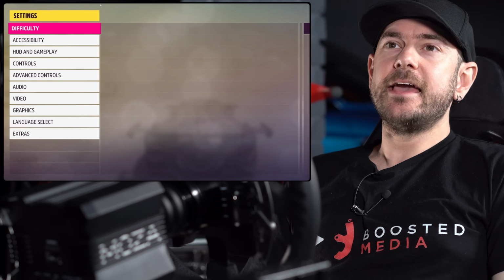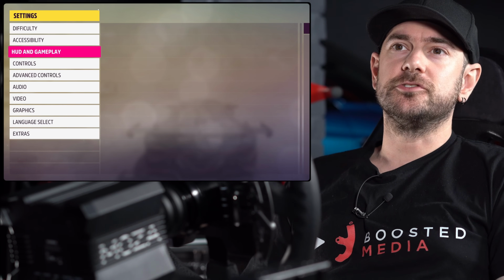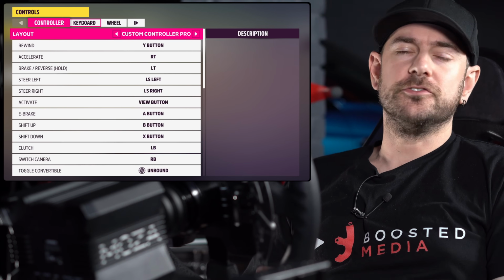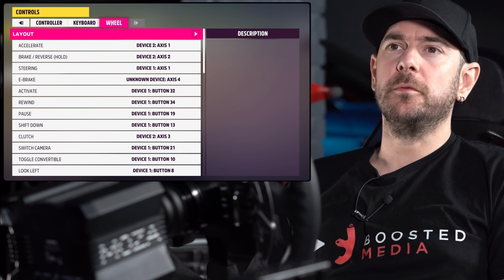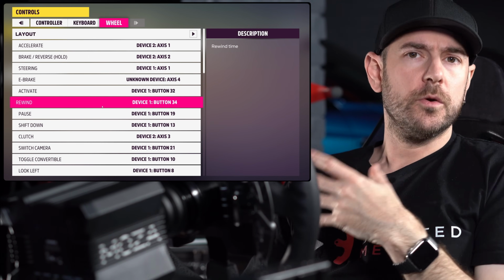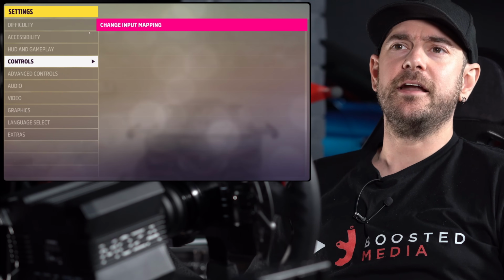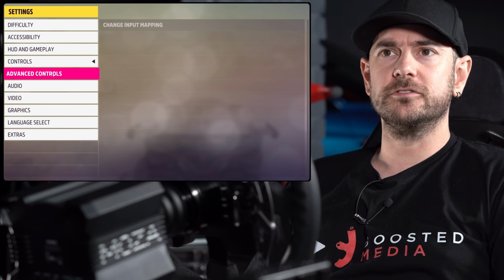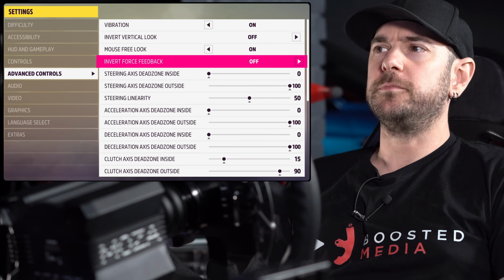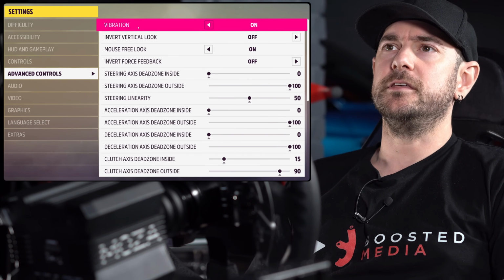So inside the game settings menu, we're going to go down to controls and just map whatever controls we want under the wheel property. Now you can see here, this is pre-populated with their recommended controls, but you can make any changes that you want to in here. Then we're gonna back out and go down to advanced controls. And again, this all should be populated by default, but just to give you a look at the recommended settings here,